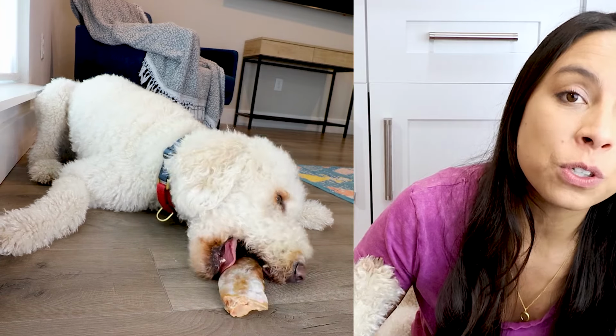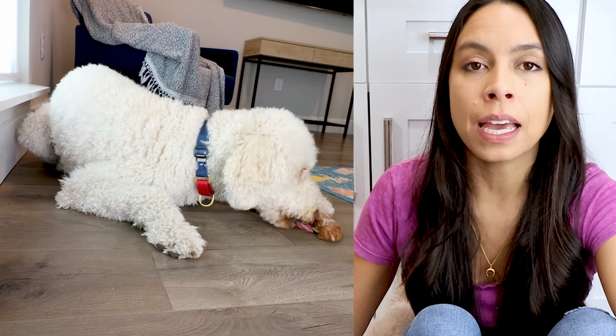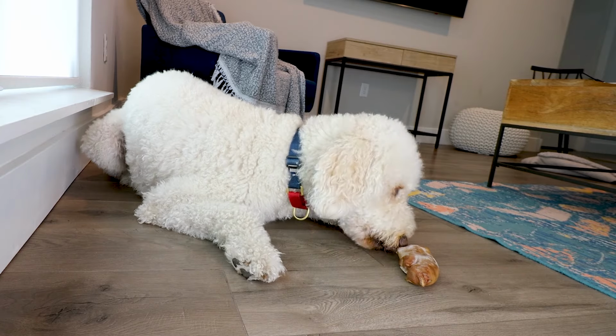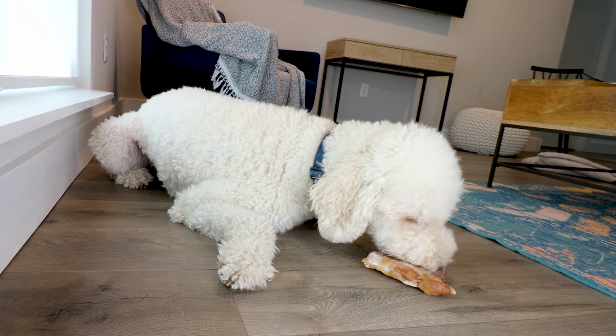But before we jump into the first tip, I want to talk a little bit about the 2 different types of chew bones that I give my dogs. And of course, when I reference bones for my dogs, I'm only referring to completely raw, not cooked, not smoked bones. So for the first type of bone, they're edible bones. And what I mean by edible bones are hollow bones, soft bones, bones that my dogs can eat. Examples of this are raw chicken feet, neck bones, wings,